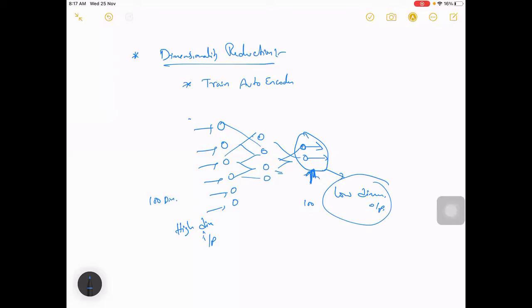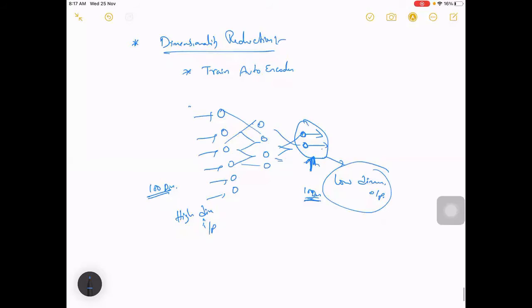We represented only 2 here, but let's say you have 10 dimensions like this, so 10 cells here, and there are 100 cells in the input. Then from 100 dimensions, you are able to reduce to 10 dimensions. So this way we can use an autoencoder. These act as features for your model, and on top of it you can use it for anything else. So this is one thing.